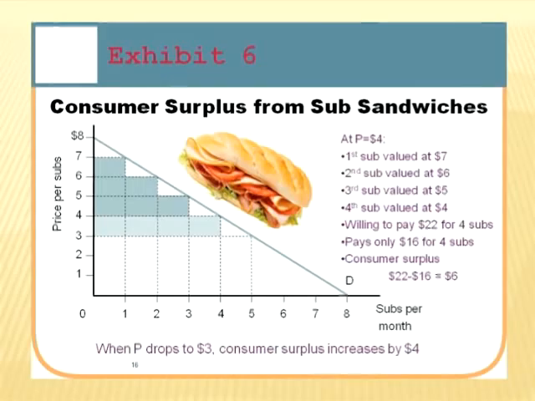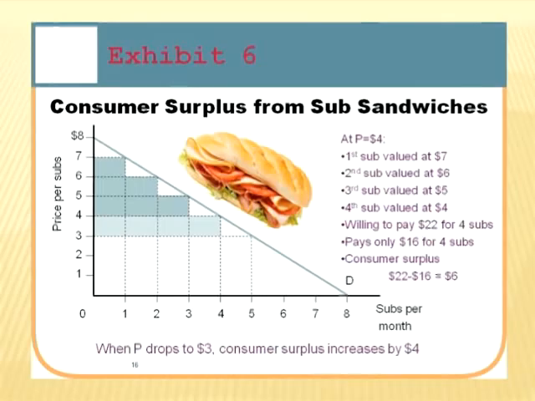It was worth $7 to us because the marginal utility of the first sub is higher than the others. And so this difference here between the $4 and the $7 is consumer surplus. It's extra satisfaction that we got as the result of only having to pay a single price. Same thing happens, although not as strongly, on the second one. On the second one, it would have been worth $6 to us, but we only had to pay $4, so we got $2 worth of extra satisfaction out of that one.